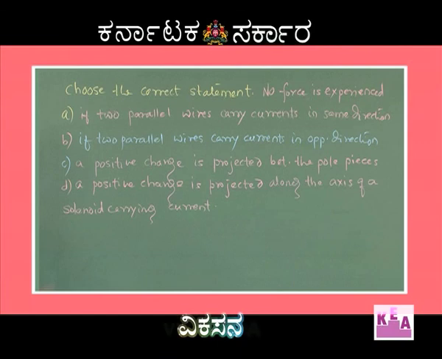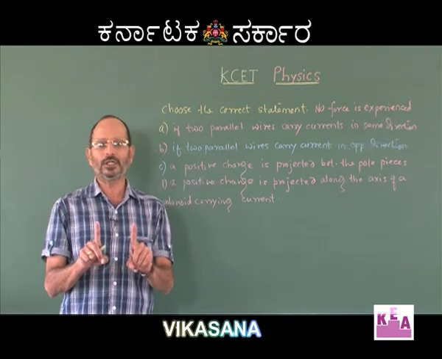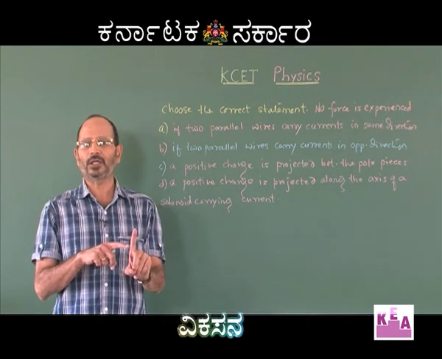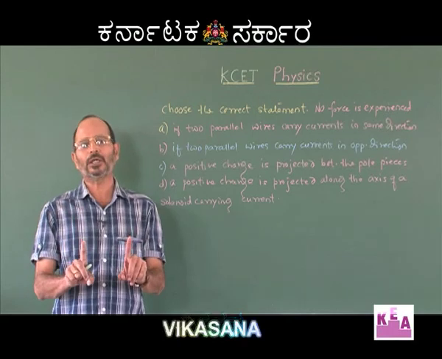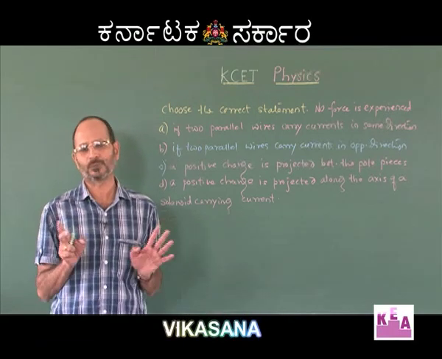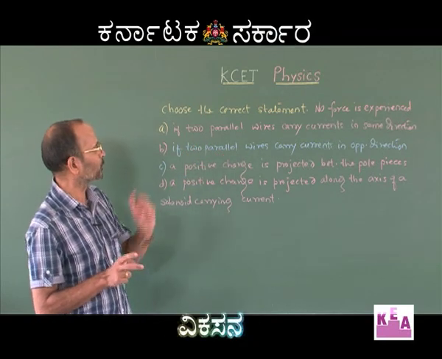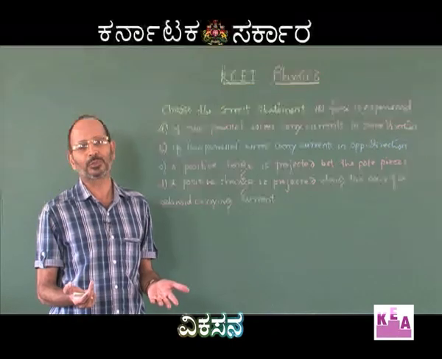If you look at the first option, as I just now said, there are two parallel wires, and naturally they will experience the force because one of the wires is carrying a current that will produce a magnetic field, in the field of which there will be a second wire carrying a current, and it will experience a force. So, whether the currents are in the same direction or in the opposite direction as per the first two options, there will definitely be a force experienced between the two.